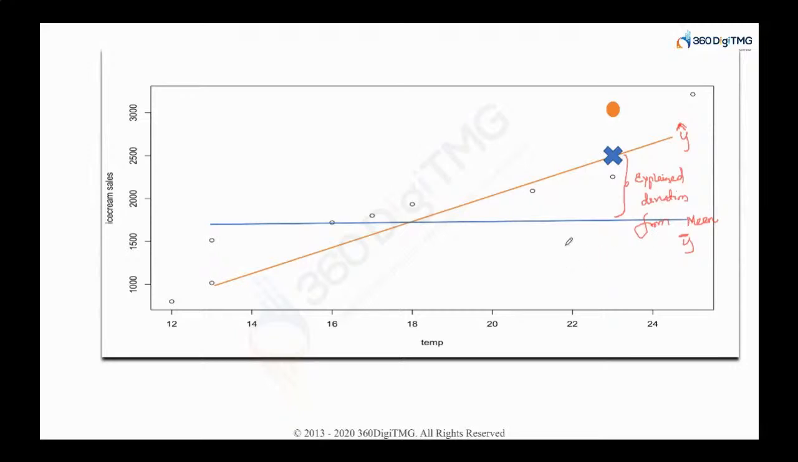So how do you write it now? You have your predicted value minus y bar. Now, what is this? This is even higher than our expectations, right? This means this is an unexplained deviation. This is higher. So you write this as